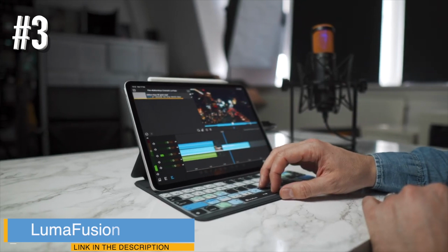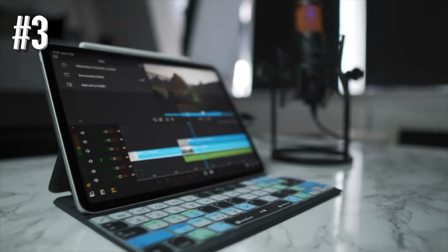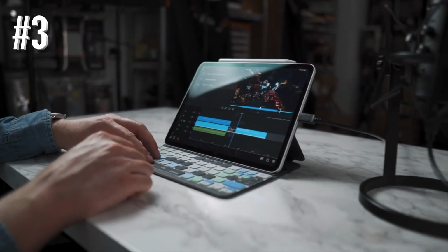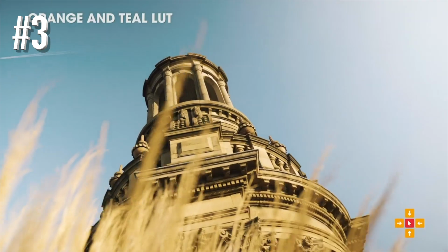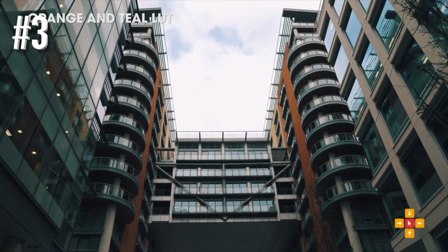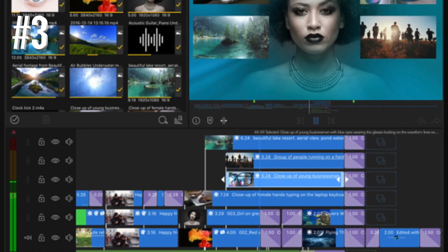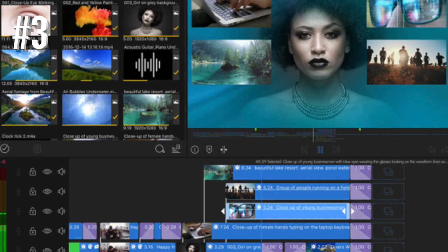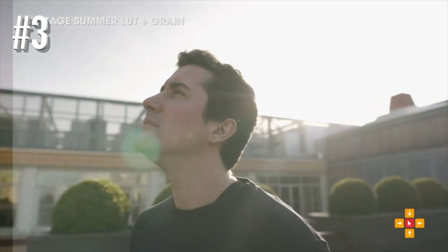Number 3. LumaFusion. If you're looking for professional level editing on your iPhone or iPad, then out of all the video editing apps on this list, LumaFusion is the one to go for. Aimed at mobile journalists, filmmakers, and video producers wanting to capture footage while on the move, it offers 6 video or audio tracks for photos, videos, titles, and graphics,